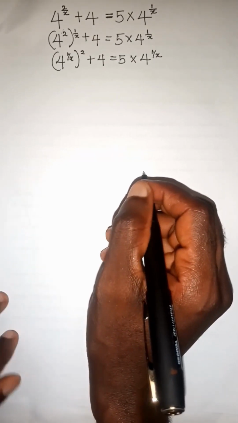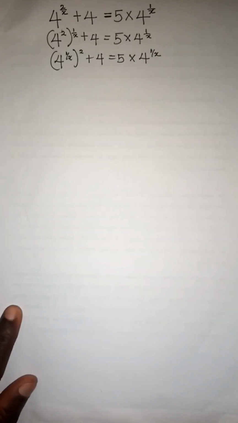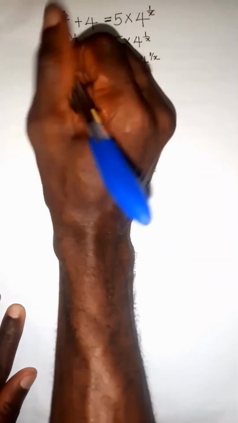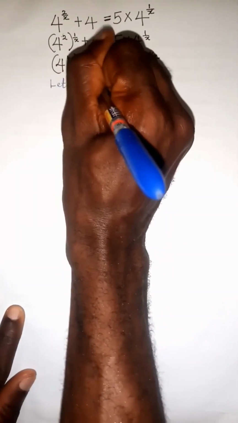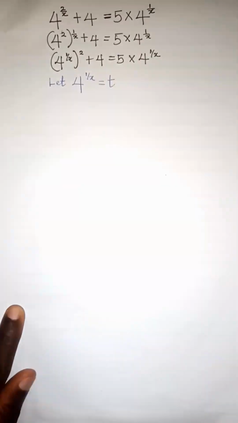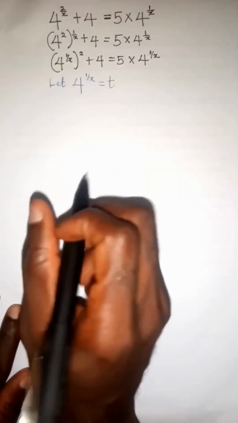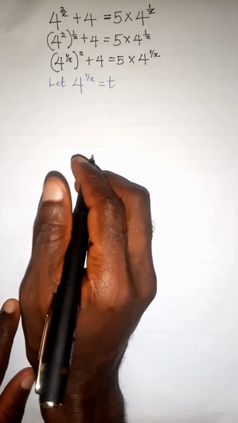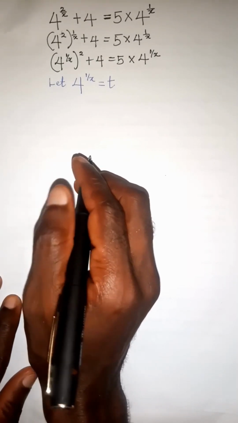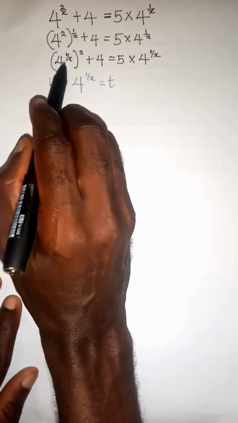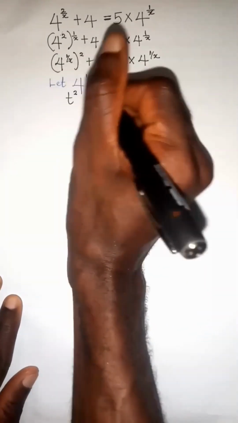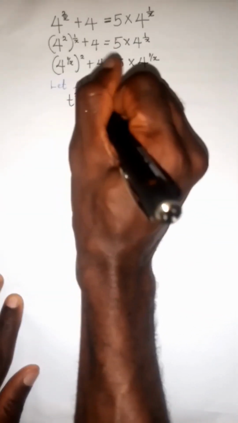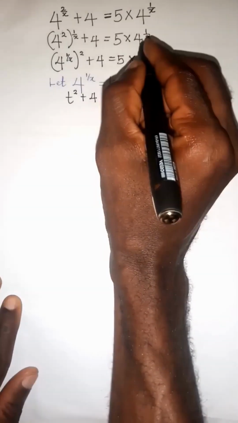So what we do here is transformation. We make a representation for 4 to the power of 1 over x. So we can say let 4 to the power of 1 over x be t. So we're going to use t to transform the equation to something solvable before we go back to the original variable, which is x. Now, if this is t, 4 raised to power 1 over x, raised to power 2 becomes t squared when we substitute,